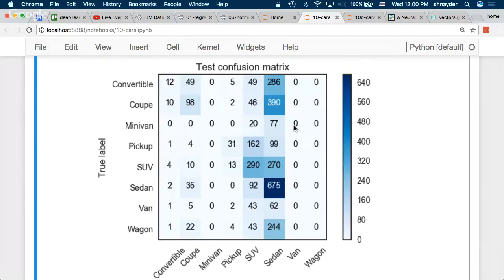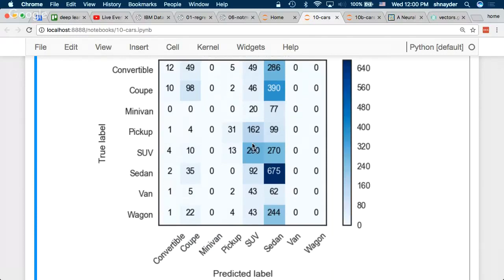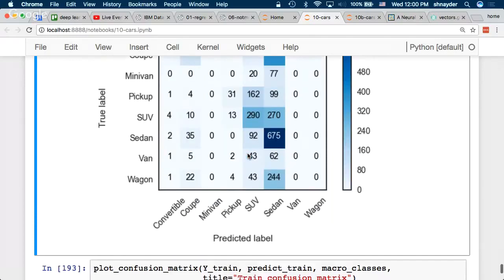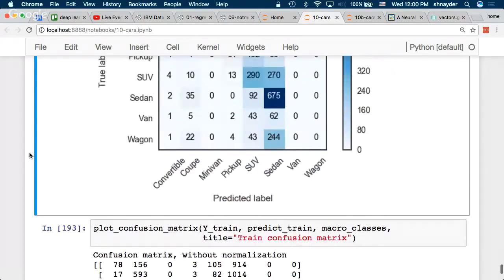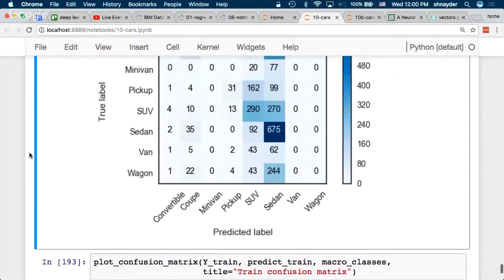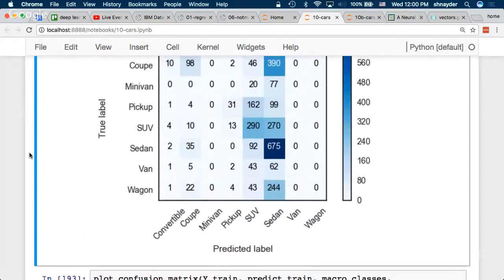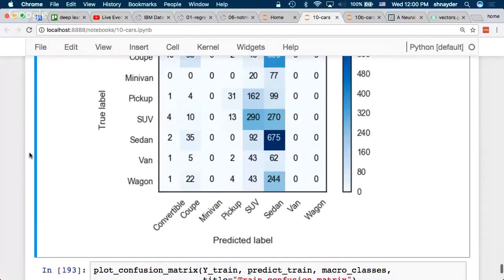So that tells me something. It's not that surprising given the class imbalance, that it's overweighing the high frequency classes. And if I didn't have Imagenet, you could go about trying to fix that by oversampling your lower frequency classes. Looking at those more, you could do data augmentation to make more images of vans and wagons, etc.